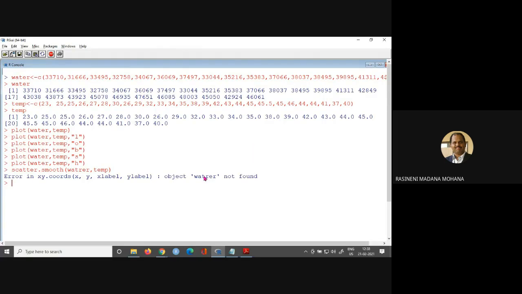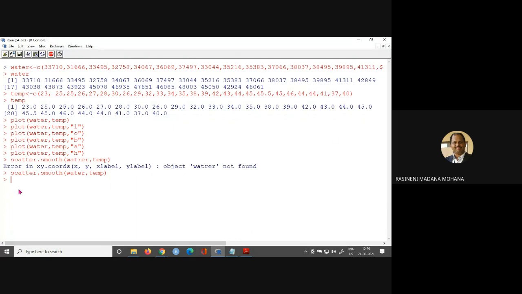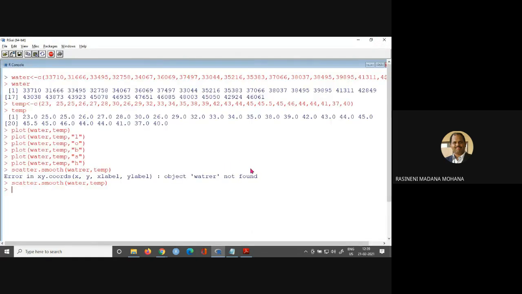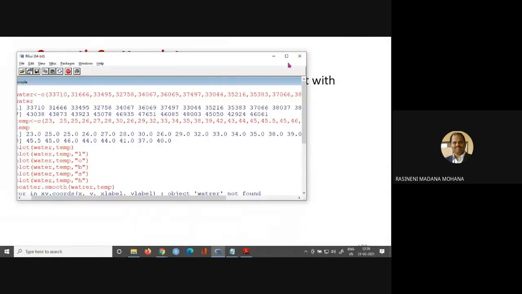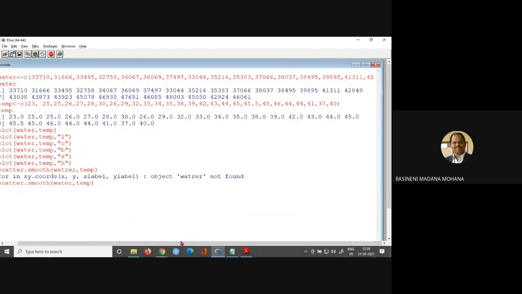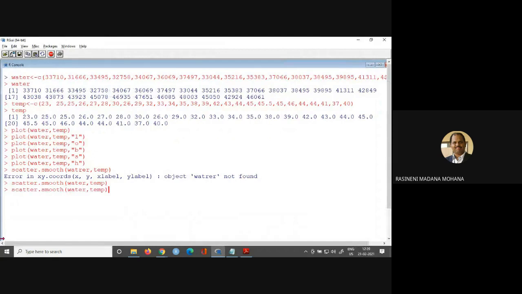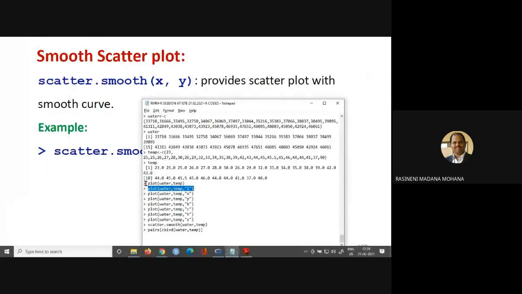Here you can see the vector name is wrongly mentioned, WATER. Try to run again, scatter.smooth.